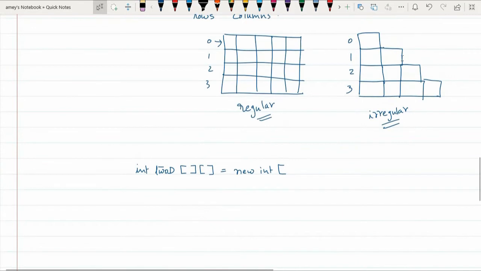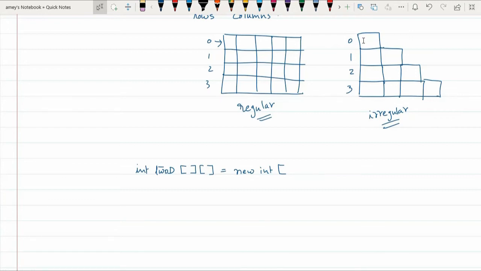So how to declare such an array? Again, I will declare a 2D array, say int 2D equal to new int. Now you know what is fixed in this case: the number of rows is fixed. So in the entire structure we will have 4 rows. But is there any fixed number of columns in each row?